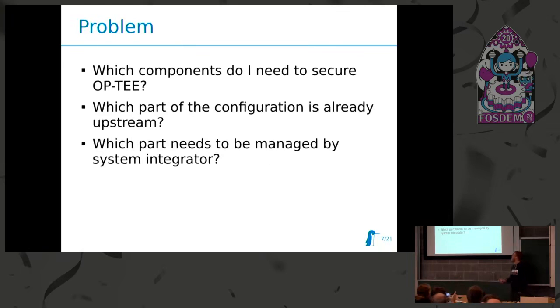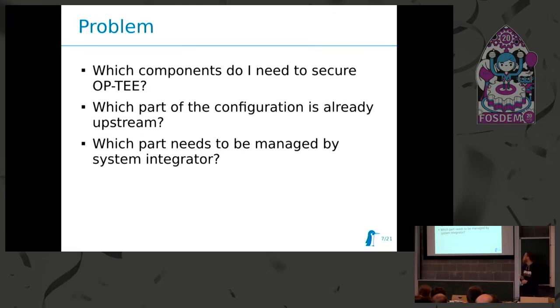So the problems are, which components do I need to secure Opti? Which are the parts which need to be implemented by the platform rather than by the Opti core to secure Opti in production? And which part of this configuration is already done upstream? So what's the part that I don't need to worry about? Which part has already been done by the upstream maintainers or maybe by the SOC manufacturer who upstreamed his changes